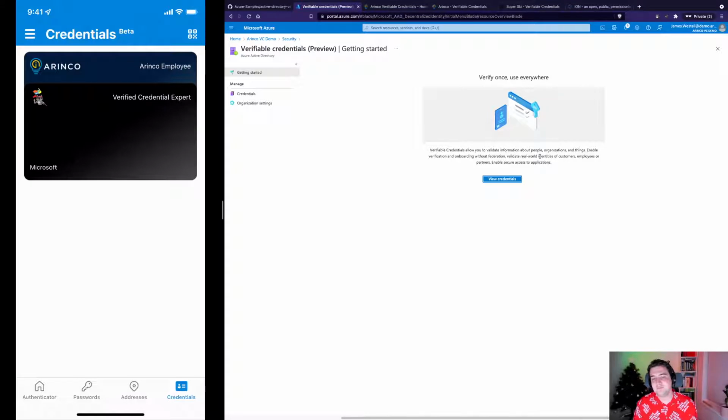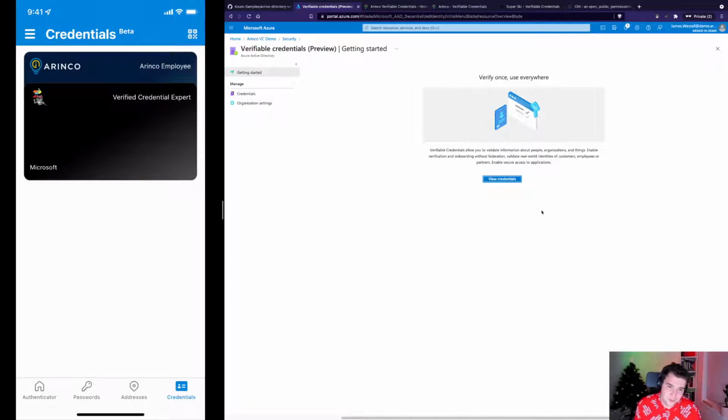Now, if you haven't turned the service on for the first time, here you'll actually have an enable VC service option where you have to fill in some details. The details you need to provide here are the reference to the key vault that I just showed you, the domain you're going to use for your VC service, and also your organization name. I've already filled that out, so I don't have that prompt here.